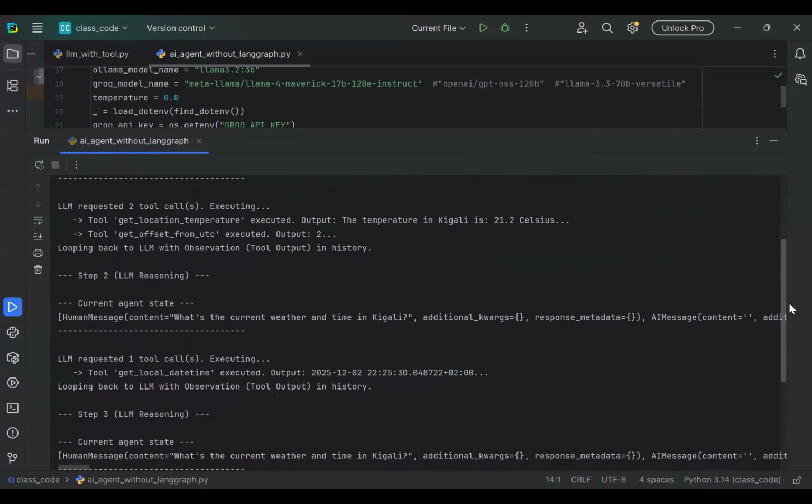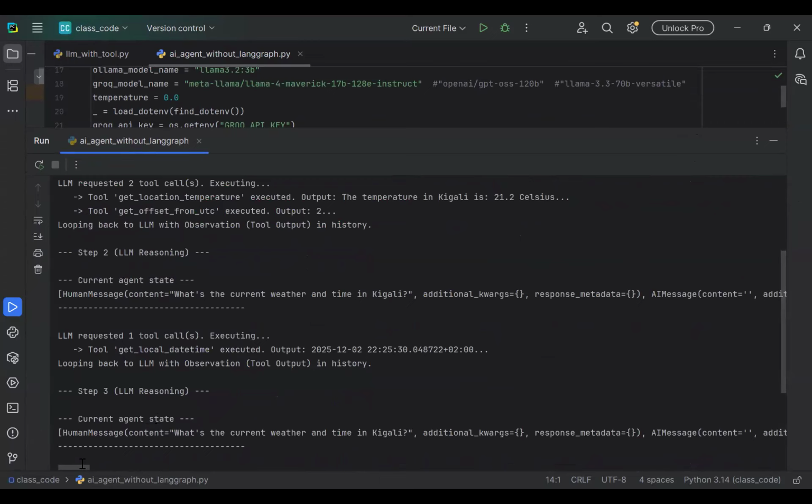Now, in step 2, the LLM also makes a tool call. When you run this yourself, examine how the chat history updates after each step. Here you see that the LLM made one tool call, and the call was to get local date time. If we check the chat history here, we'll see that the argument it used there was the offset, that 2